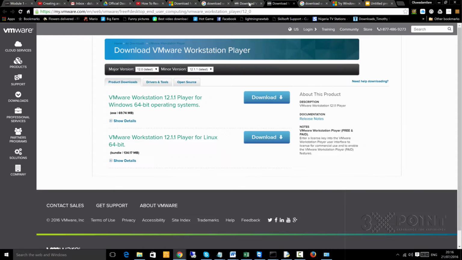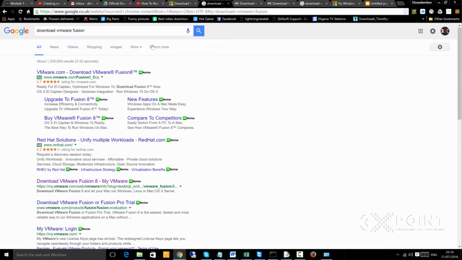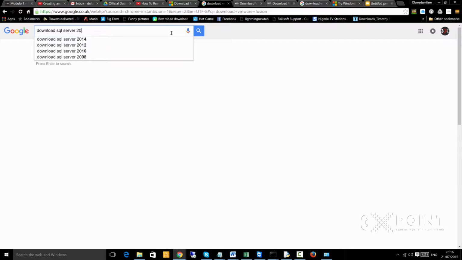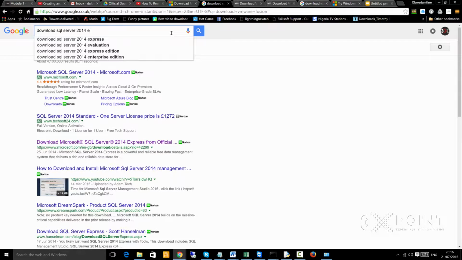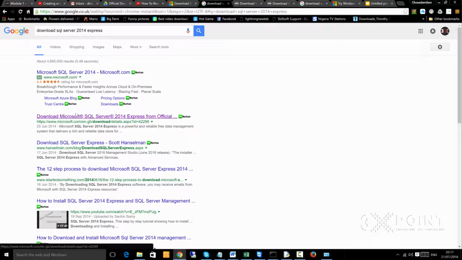So once you have that downloaded, there are two more things we need to download. The first thing is you want to download SQL Server. Where is it? Okay, let's just type it. Download SQL Server 2014 Express. Express edition is just good enough for you. So you would see this link here, Microsoft.com, download Express, just open it in a new tab